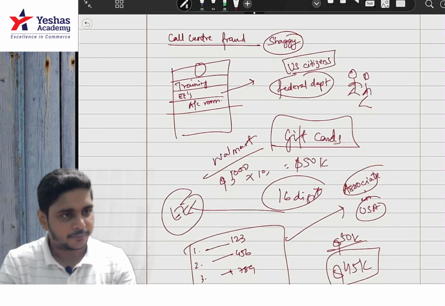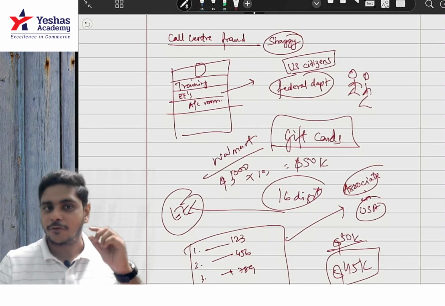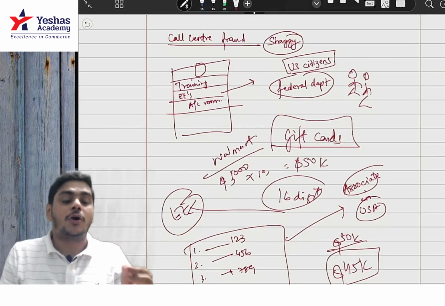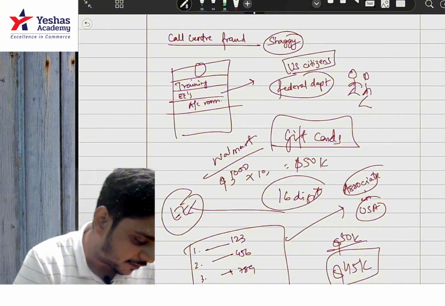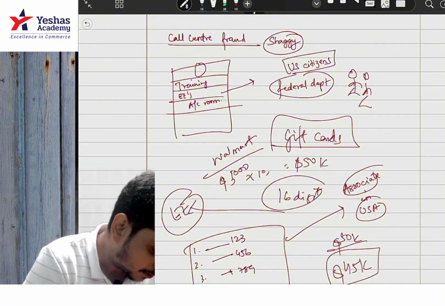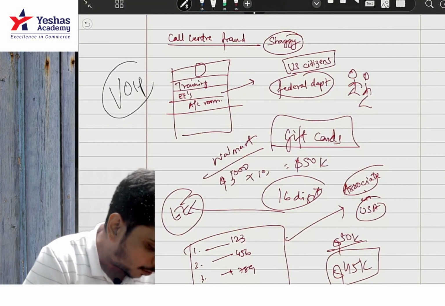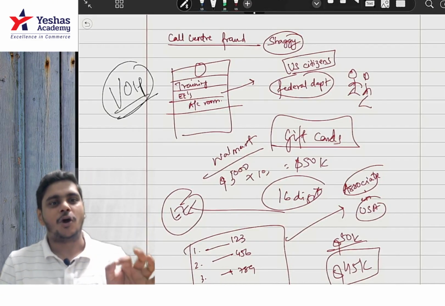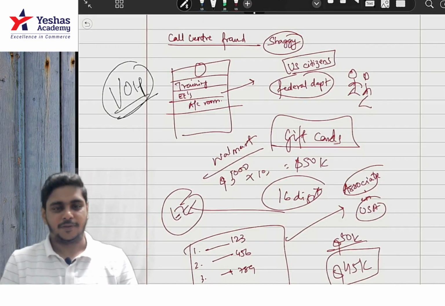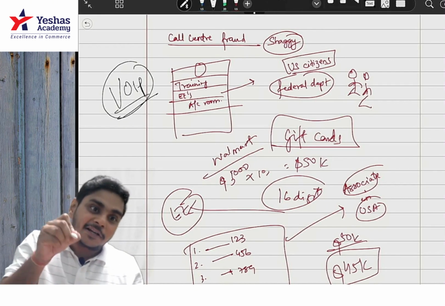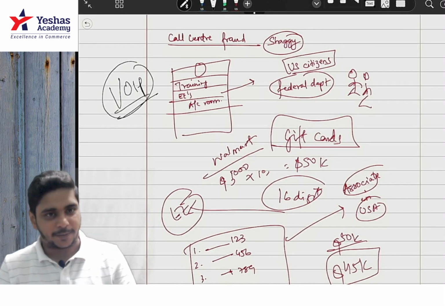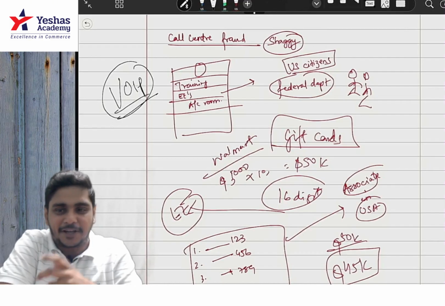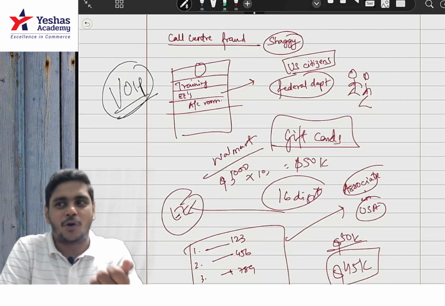They recorded the call. When they recorded the call, it was not made via a normal phone number. It was made via VoIP. I hope you understand what VoIP is. No? Voice over Internet Protocol. Via VoIP it was made. That means the call was made via the Internet, so there is no track of that call number. Like when we do WhatsApp calling.